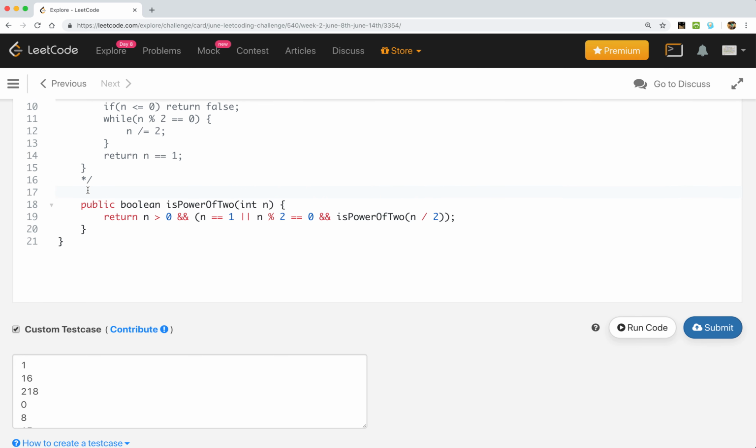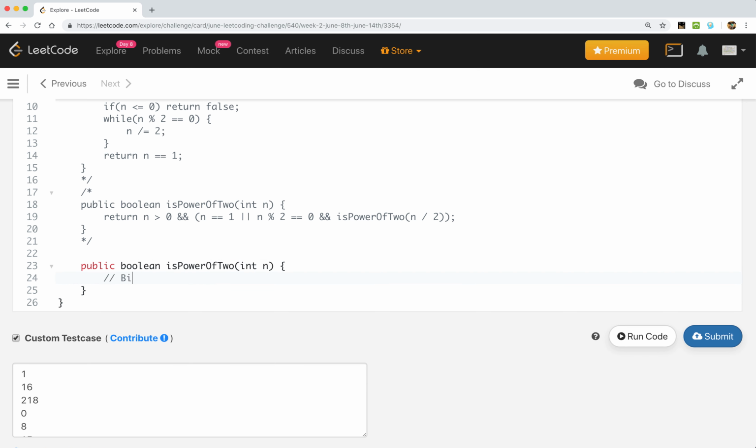Let me explain another solution using bit manipulation. For bit manipulation, let me again comment out the recursive code first and take this function definition for the bit manipulation approach.